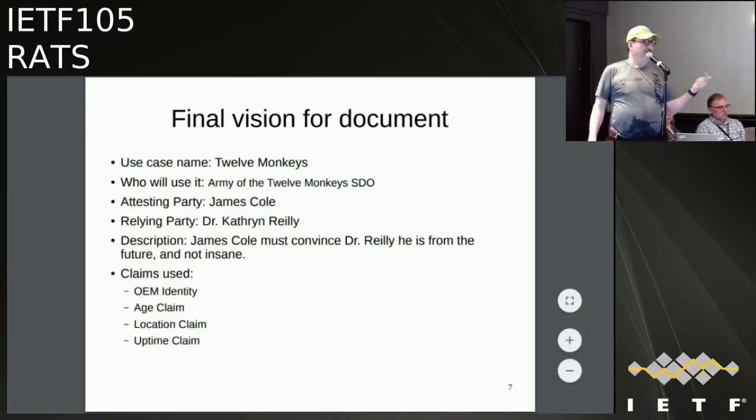Secondly, it could say something like, I need to attest to the shape of the microphone, and we do not have a claim that attests to that. So that would mean that there's a gap, right? We only have 13 use cases, so imagine we have 20 at the end of the day, and then we argue about them and we end up with 17. That's not that many to go through. And then the question is, do we have things in the EAT document that aren't needed or are missing? I think that's the whole purpose of a use case document, to explain to us why we're doing certain things. That makes sense?